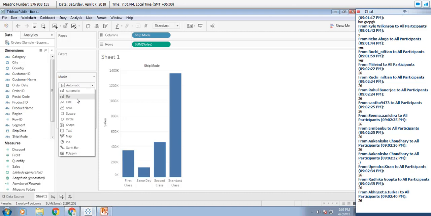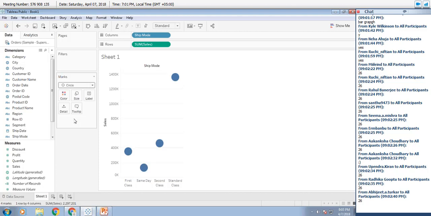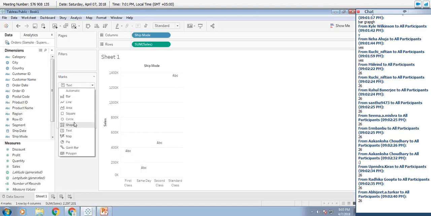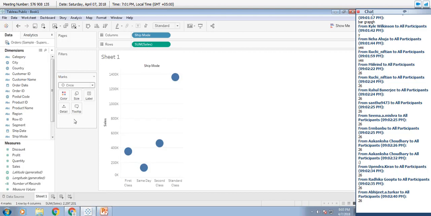Right now it is bar. Change it to say circle. In the mark type, change it to circle. So the mark type has changed to circle. If you say you can manipulate, say I will text, I'll get text. So make it into circle.